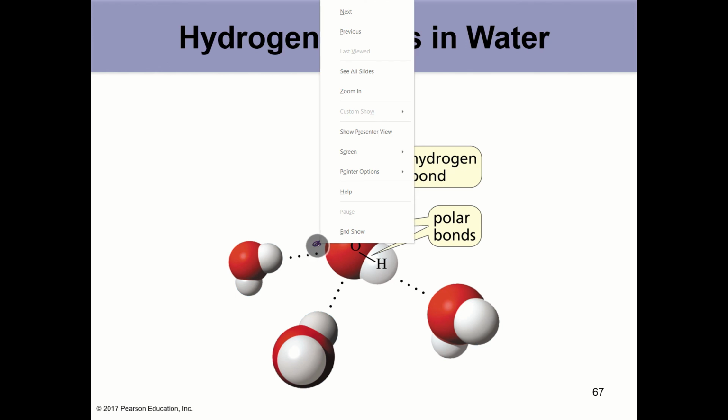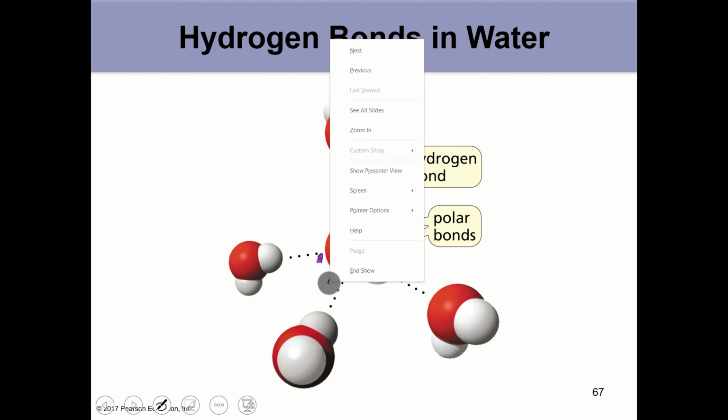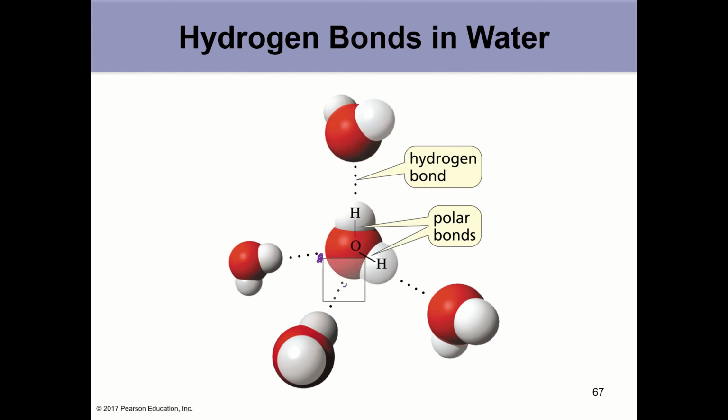We can also have 1 hydrogen bond for every lone pair on an oxygen. And that lone pair is providing the specific interaction to form a hydrogen bond with the hydrogen of another molecule of water. So when you count how many hydrogen bonds a molecule is capable of making, you should,